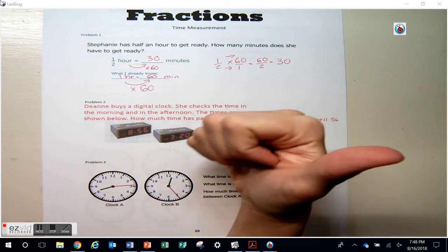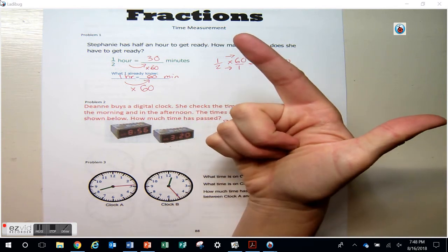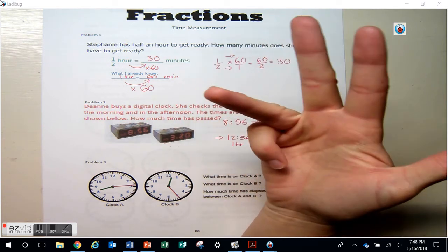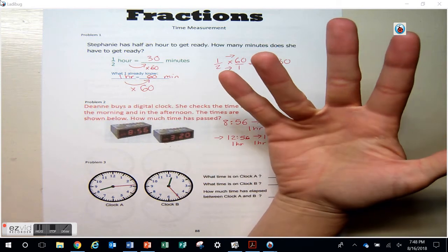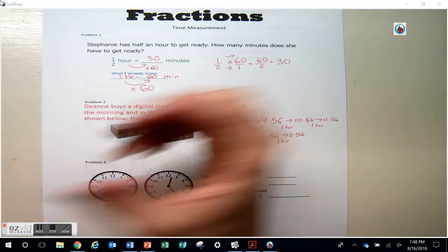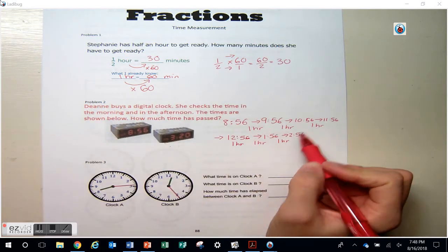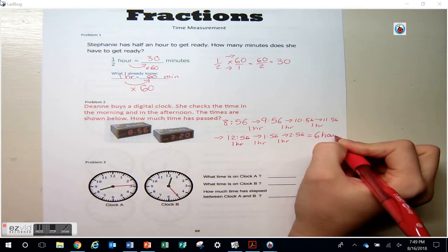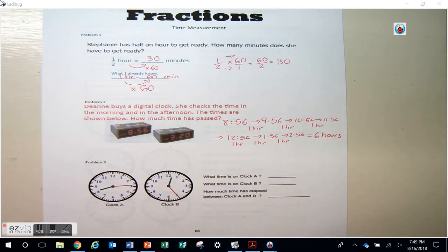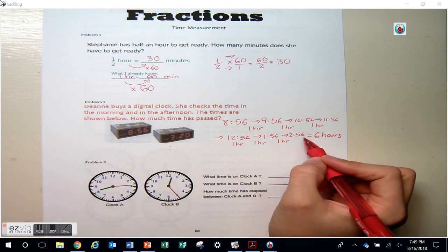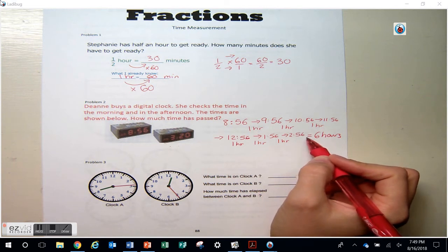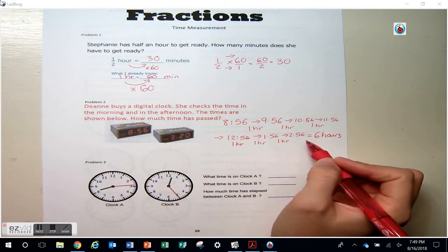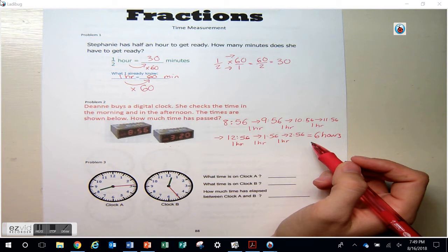So I'm going to stop here for my whole hours. 8:56, 9:56, 10:56, 11:56, 12:56, 1:56, 2:56. So now I have 1, 2, 3, 4, 5, 6 hours. And I'm going to count from 2:56